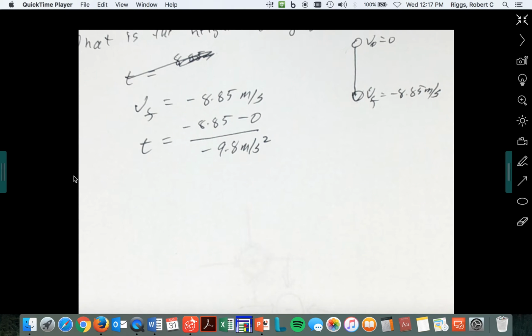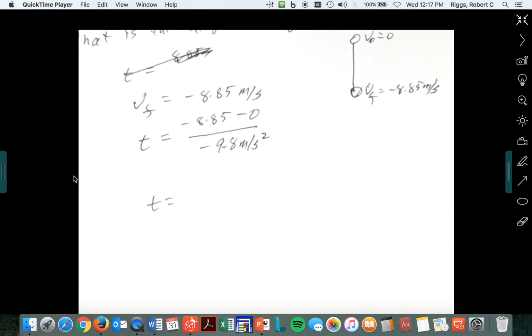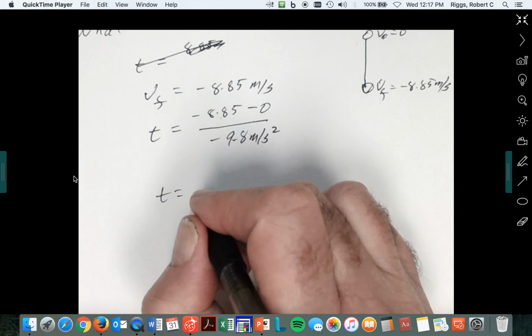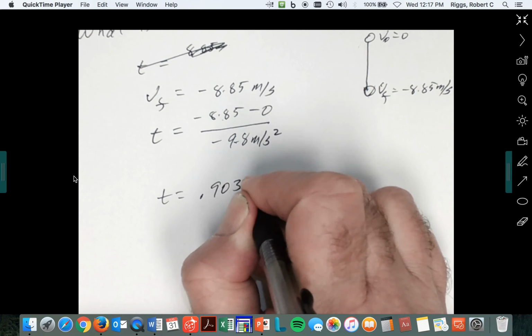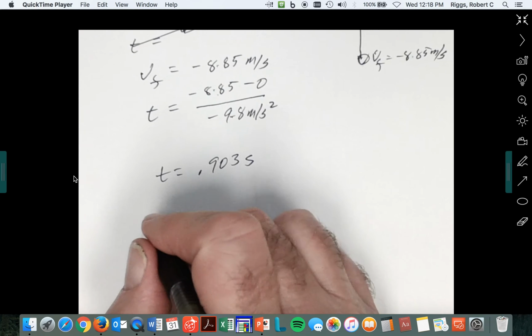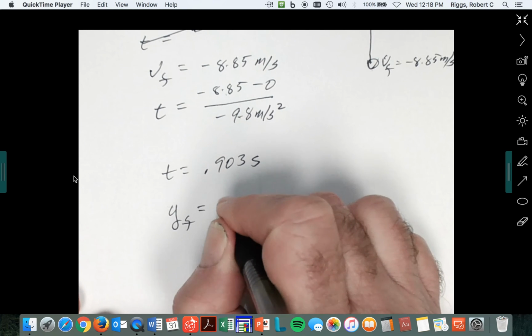Okay? Divided by the negative 9.8, that's the time it took to get to that. I needed the time to be positive, and it is. So I've got negative 8.85 divided by negative 9.8. This might be one of those things where I am doing too much explaining, and sometimes when you explain too much, you confuse. Okay, so t equals 9.03 seconds. So I can get y final then is equal to y initial